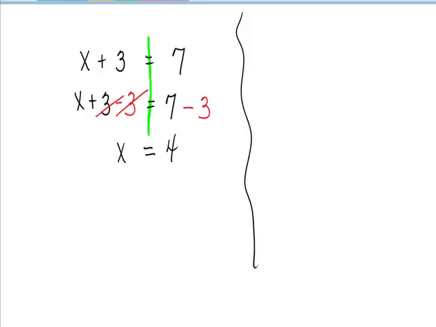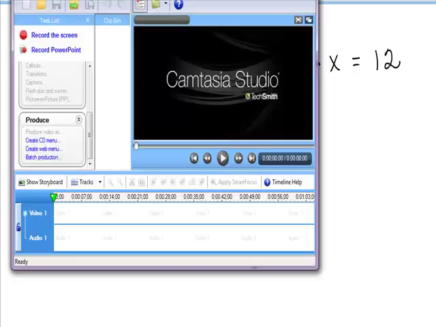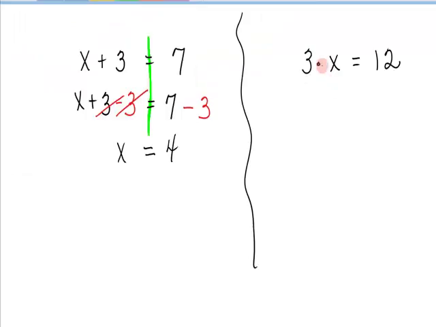Now, how would it look different if you had 3 times x equals, let's say, 12? This time you notice that there's multiplication, and the inverse of multiplication is division. So I'm going to divide by 3 and divide by 3. All right, the 3's divide out. 3 divided by 3 is 1, and 1 times x is still x, is equal to 12 divided by 3